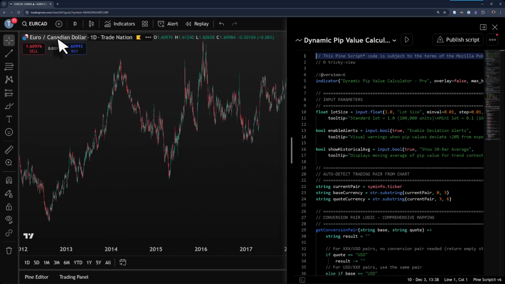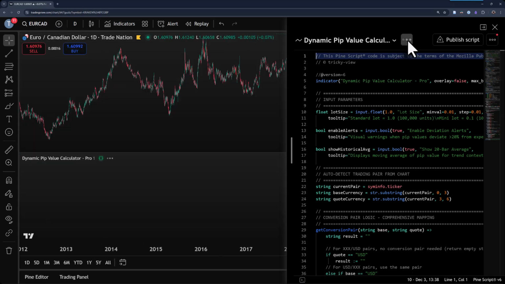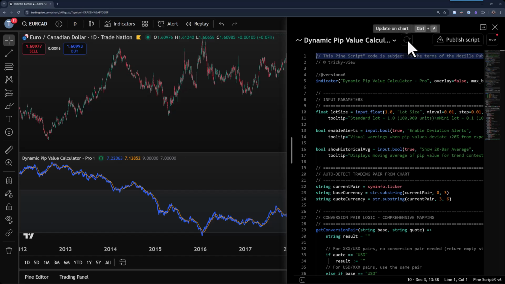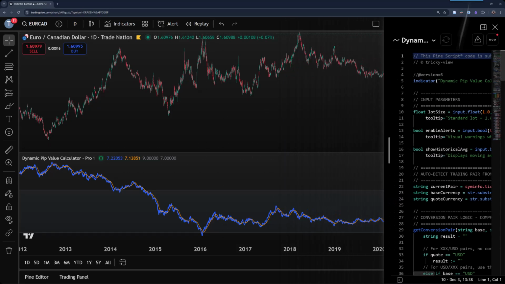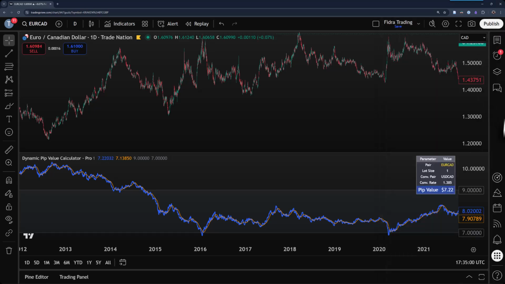So here we're looking at the EURCAD again, and when I apply my indicator, I add it to the chart. So I've applied it to the chart, but what it does is it shows me here in this table visualization, I can see today's pip value, all in US dollars,